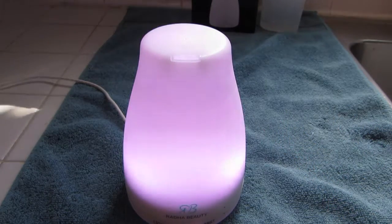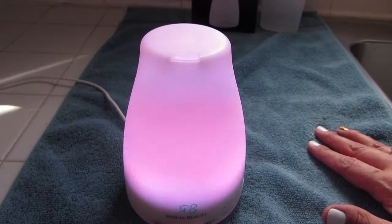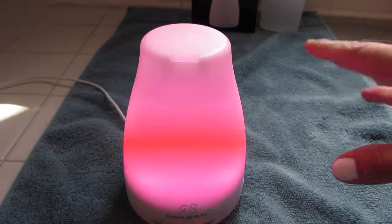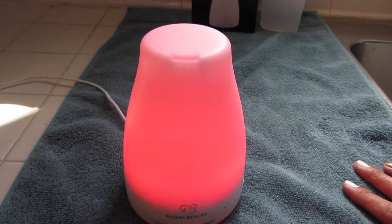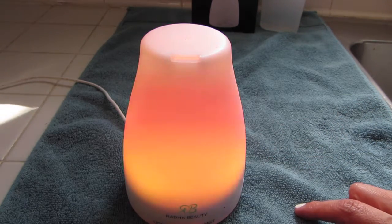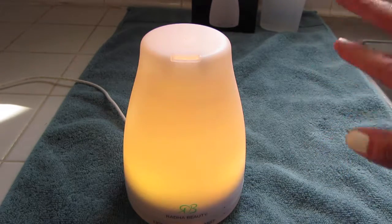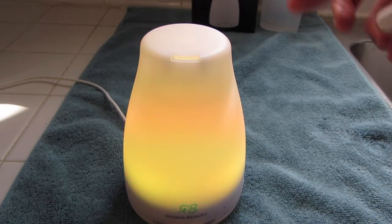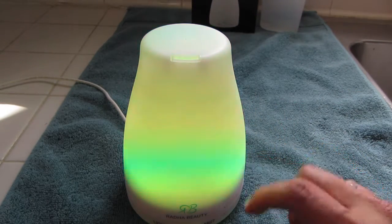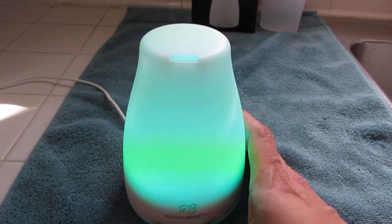the light. And the light will go through different colors. It has, I think, like about 7 different colors. That it starts off in white, then it goes into like a pink, a red. It goes into red, excuse me. And it goes to different colors. But what I do is I usually like a color. You can let it go through the different colors, or you can set it. If there's a color you actually like, once it's changing, you just hit light again, and it'll keep that